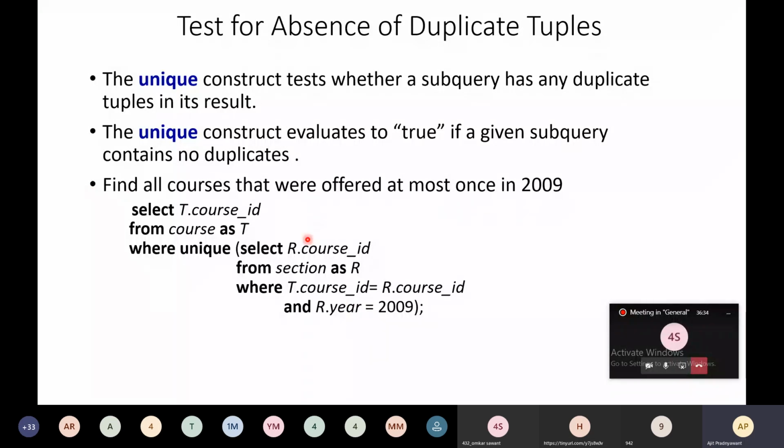Course as t is used over here, t.course id is nothing but the course id column present in the course relation, whereas r is used to compare the course id, the course id column present in the section relation. And as the condition, it will retrieve the courses which were offered in 2009.